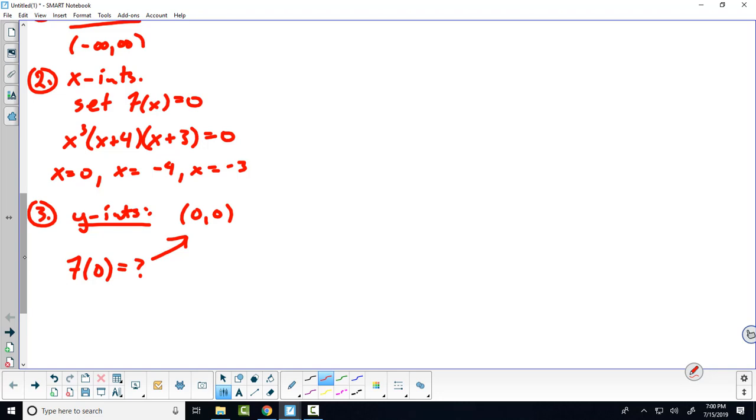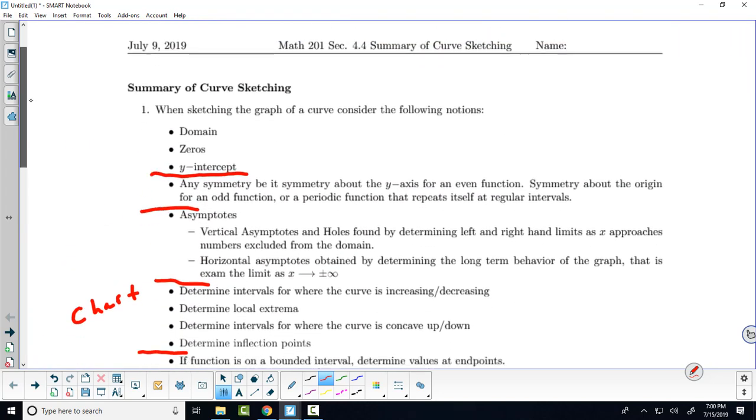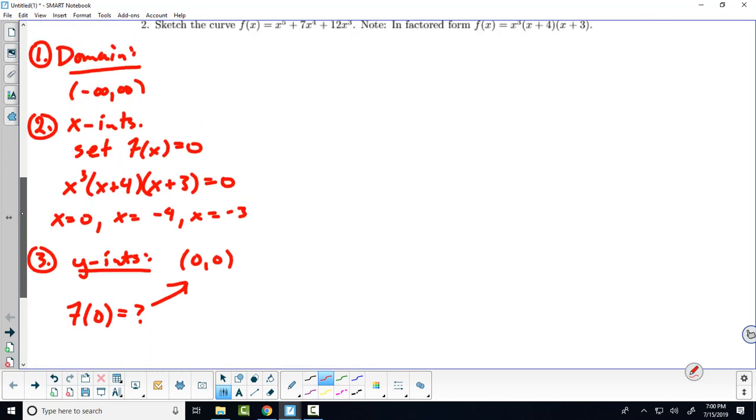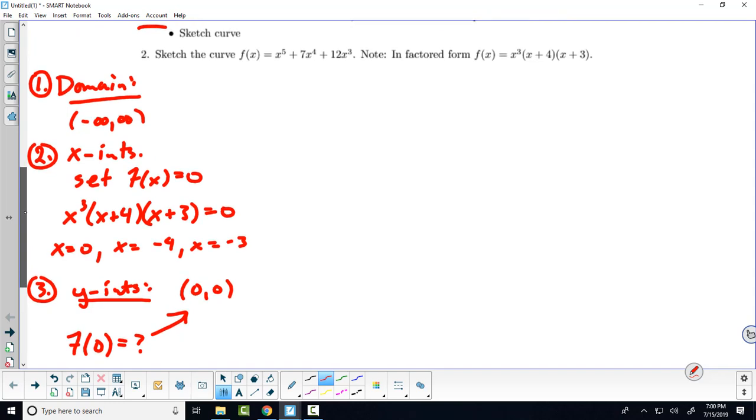Hopefully you know the difference between finding x-intercepts and y-intercepts. We're running through the list, and we're doing pretty good. Does this function have any symmetry to it? No, it's neither even nor